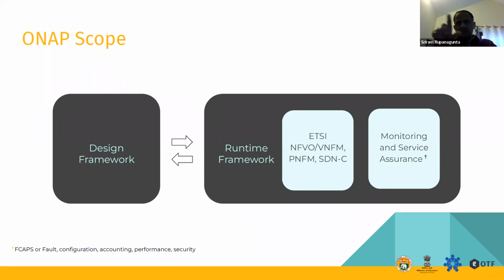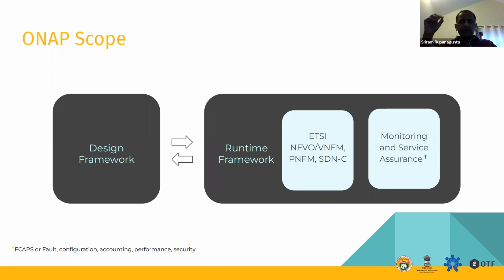That arrow that you see between design and the runtime is essentially what ONAP calls models. So the entire ONAP is built on a model-driven architecture. Whatever you do in the design, you create a model out of it, and then you push it to the runtime. In the runtime, the people who are running it may not even know how this whole thing is designed.